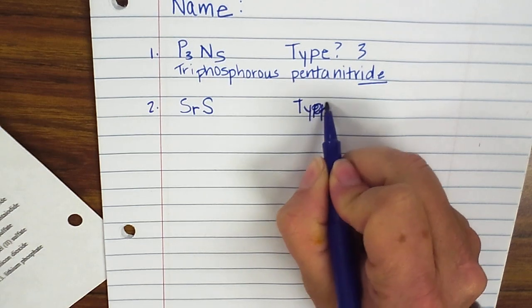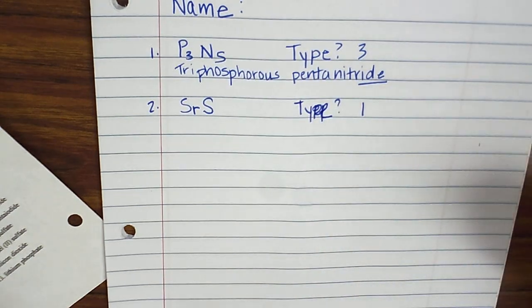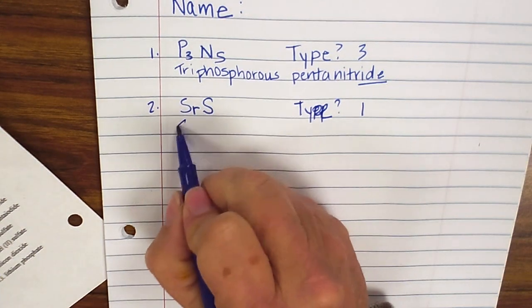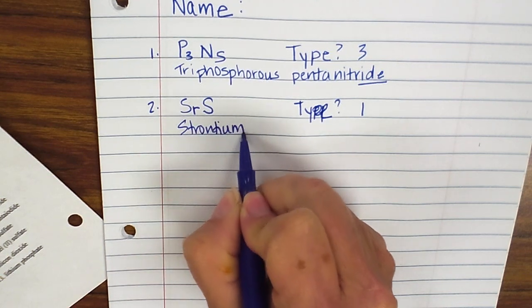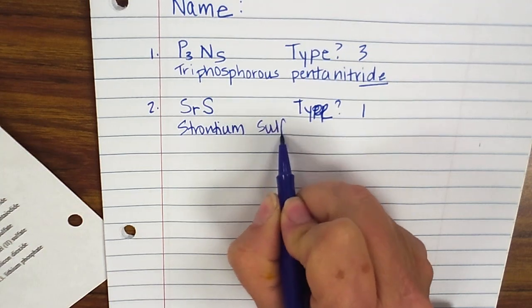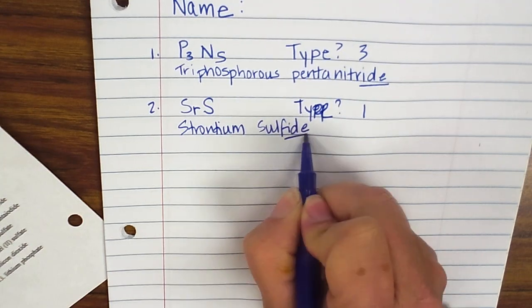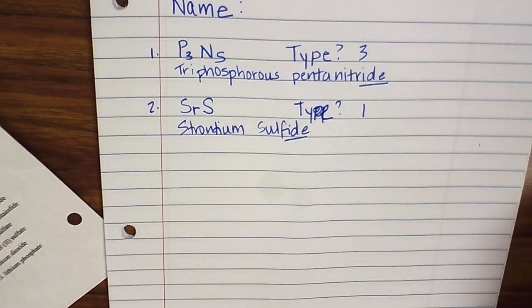which you don't have to write down the type. I'm doing that for you. Type 1. So my rule for type 1 is simply name it. So I'm going to name it strontium. And then I'm going to name this, which is sulfide. Notice my IDE in the ending, right? Okay. And the next one I'm going to name is, this one here, I'm going to name it,